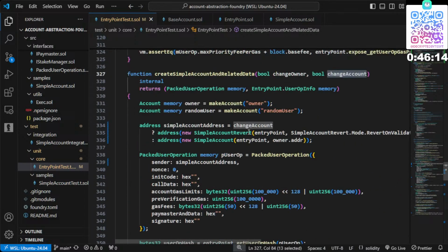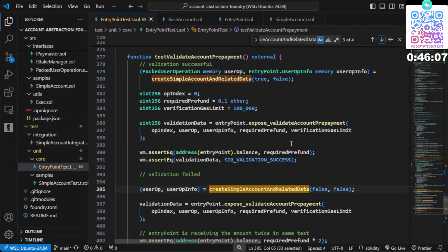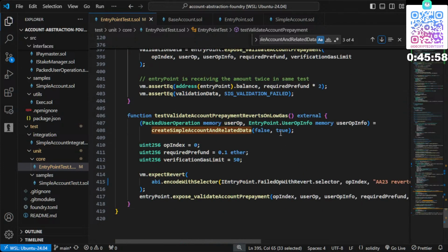Or no? Oh, okay. No, not one more test. In the same test I'm using it two times. We are setting change account to false here, and here we are setting it to true. Now the account we are gonna get should throw an error, but not the low gas error. So reverts